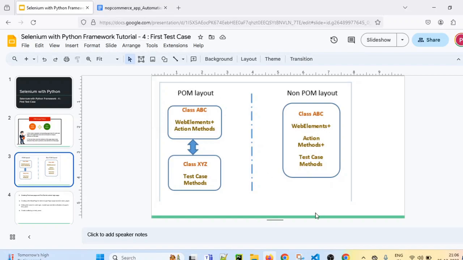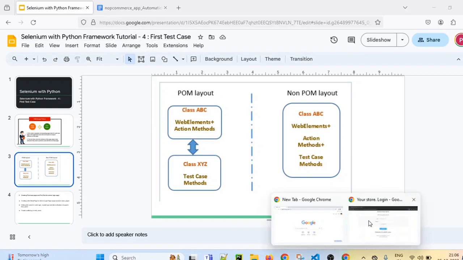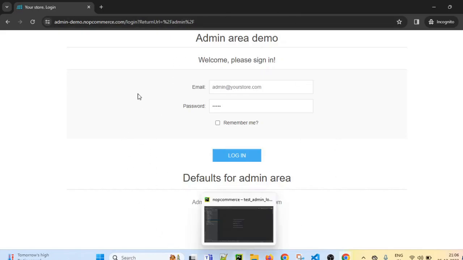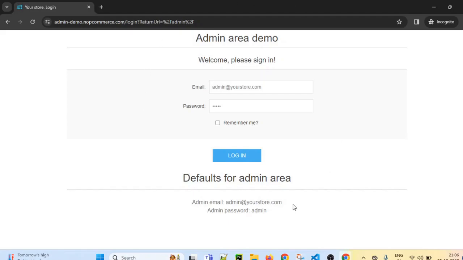So let's say we have the application now. I will show you the application. We are going to automate admin login first. Now this is the application. An application can have multiple web pages. Now this is the login web page. So what we will do, we will create one login base page class. That login base page class will contain the locators which we are going to operate, for example this email input field, password input field, login button. So all the locators present on this page which we need for our test cases.